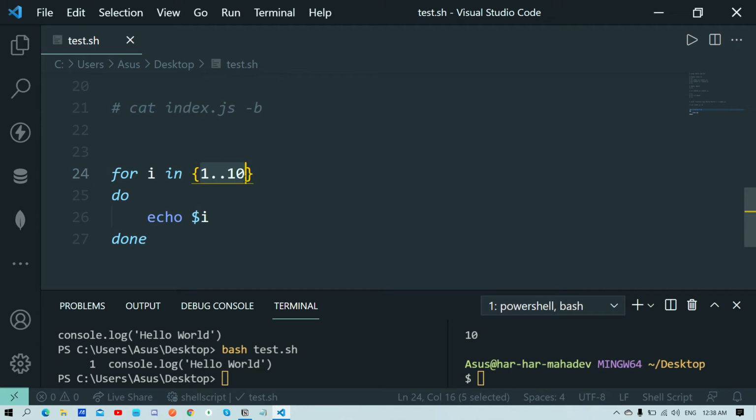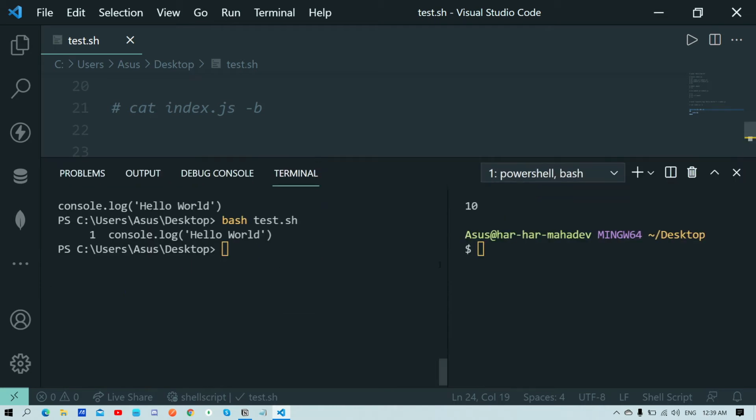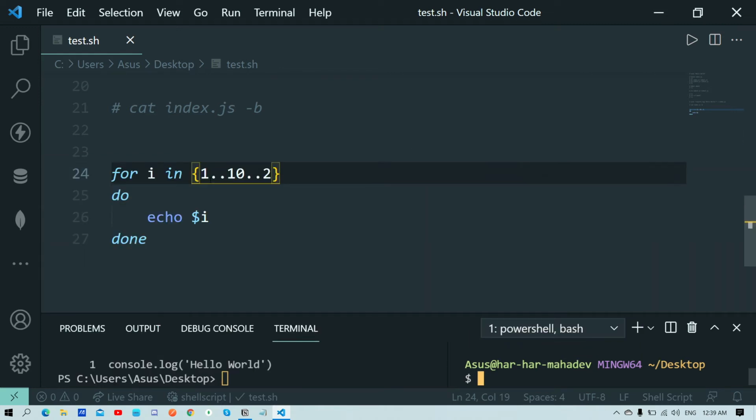If you want to print from 1 to 20 but with a gap of 2, you can define the gap over here as well, like 2, so it will increment by 2 after each iteration. So yeah, 1 3 5 7 9, 1 plus 2 is 3, 3 plus 2 is 5, like this it's incrementing. So yeah, this is it.